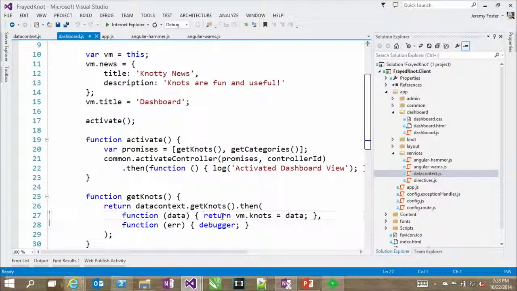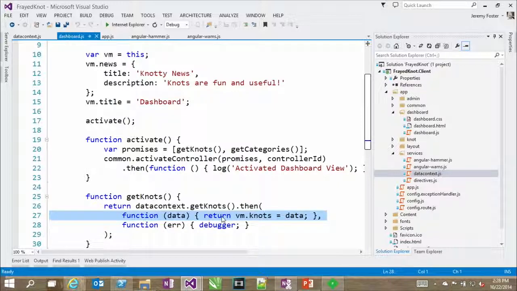Get the knots, and then return the results of the knots to this little thing that I'm making called the view model. So that then is, hey, once you've loaded all the data, now I want you to do this. Yep. Perfect. This is the asynchronous part of it. Okay. Only after this part is done should you then do this. Awesome. There you go. So this is loading up our view model,